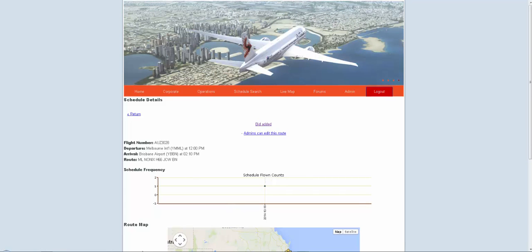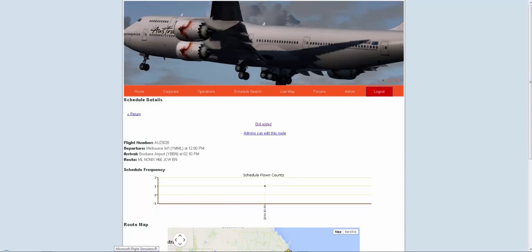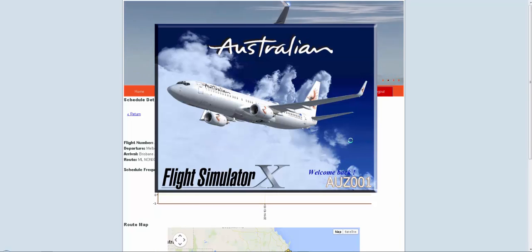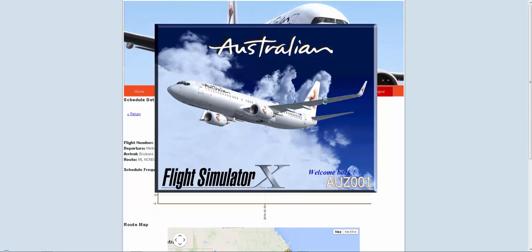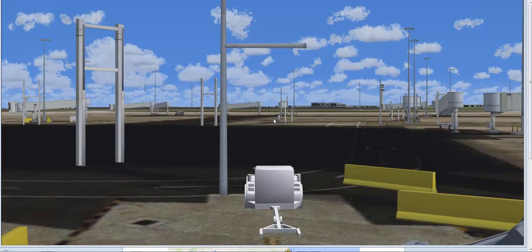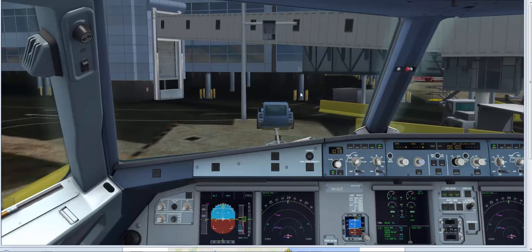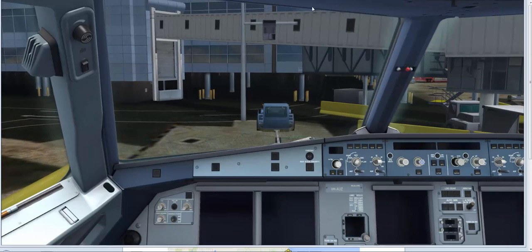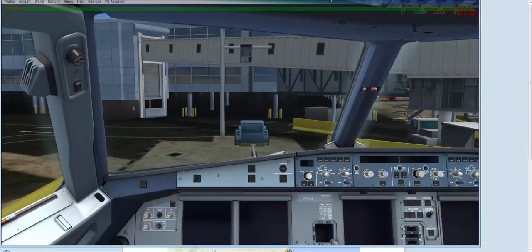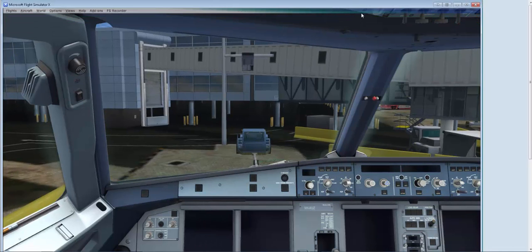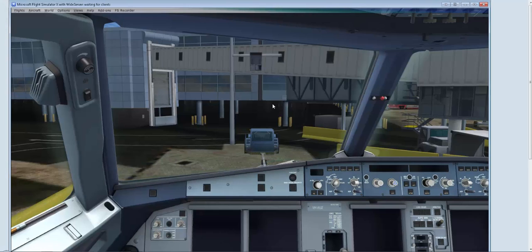And we'll start up flight sim. Basically we've got flight sim running. What we need to do now is start your kAcars,